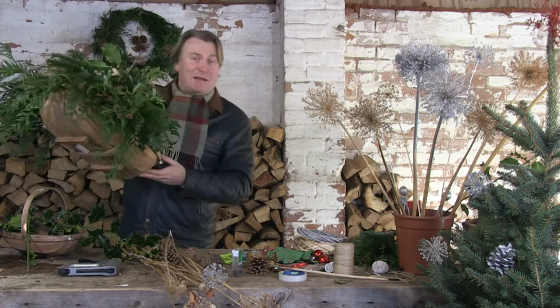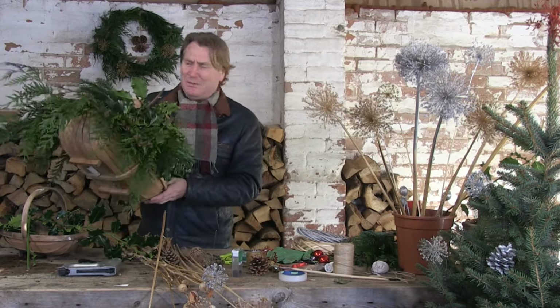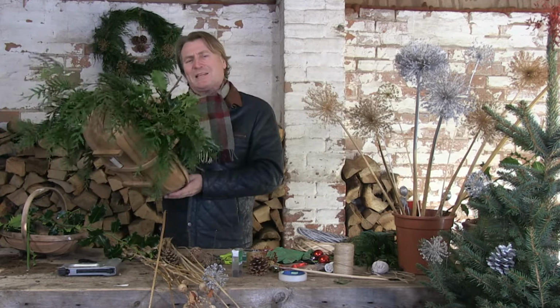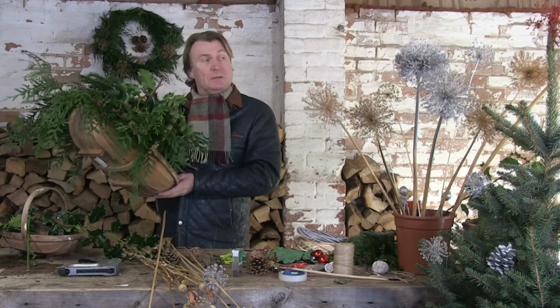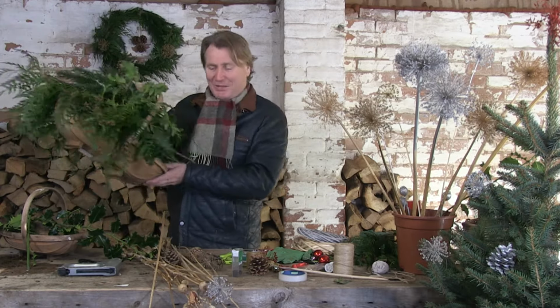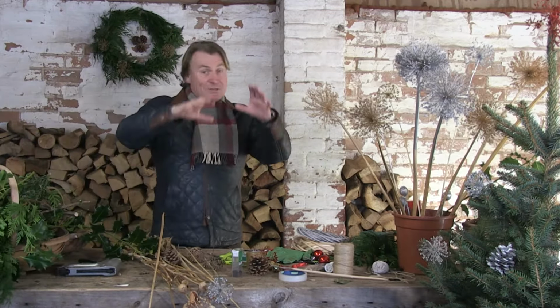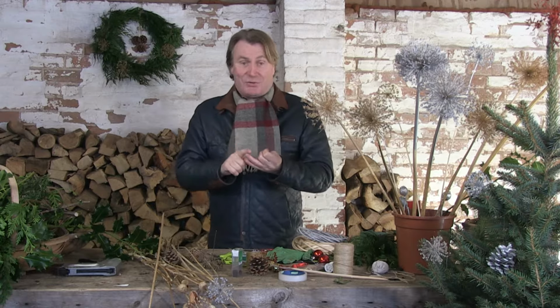There we are, that's my bit of exercise, a little bit of foraging. There's something quite special about choosing plants that you have in your own garden or on a woodland walk that you can then embellish and use as Christmas decorations in your own home. And it is great fun to do. And of course, you're making these items bespoke, which is fun,